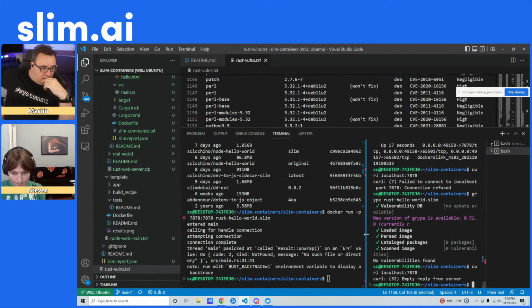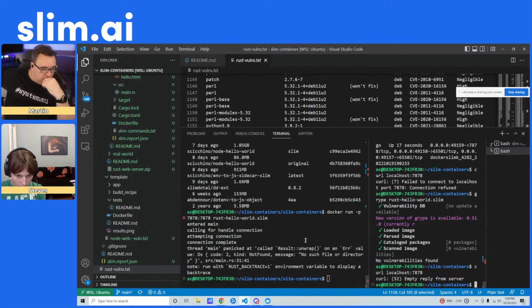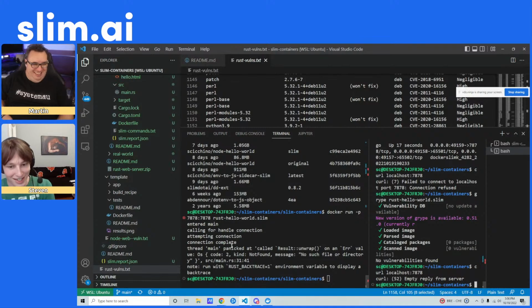Oh, panicked. No such file or directory. So it looks like it may have removed the actual application. No, not the application. Yeah, because that unwrap is happening in the main.rs, so it's hitting that, and it's not finding